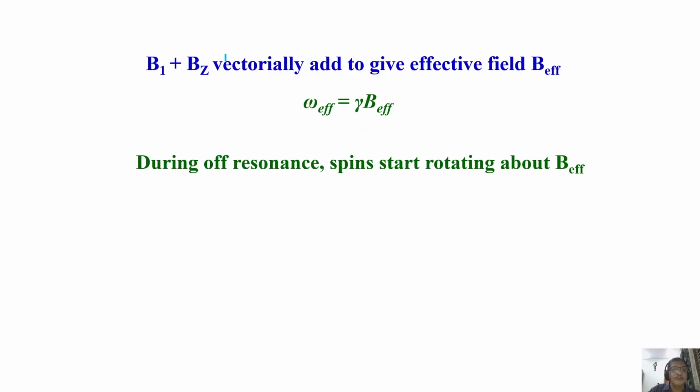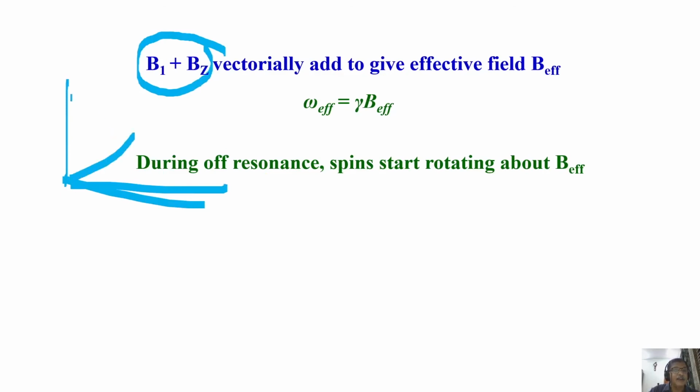So in the off resonance, vectorially you now take the addition. Instead of being exactly on the XY axis, it is somewhere here. Now you have a component of this and a component of this. You have to take the vector addition of the component along this axis and the component along this axis. Then you get an effective field along this axis. So this is off resonance. When it is exactly on resonance, it will be along the X axis or Y axis.